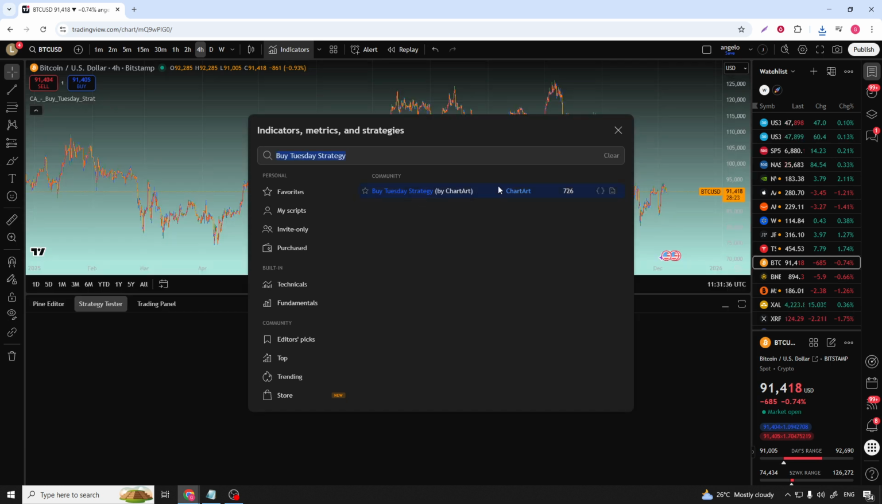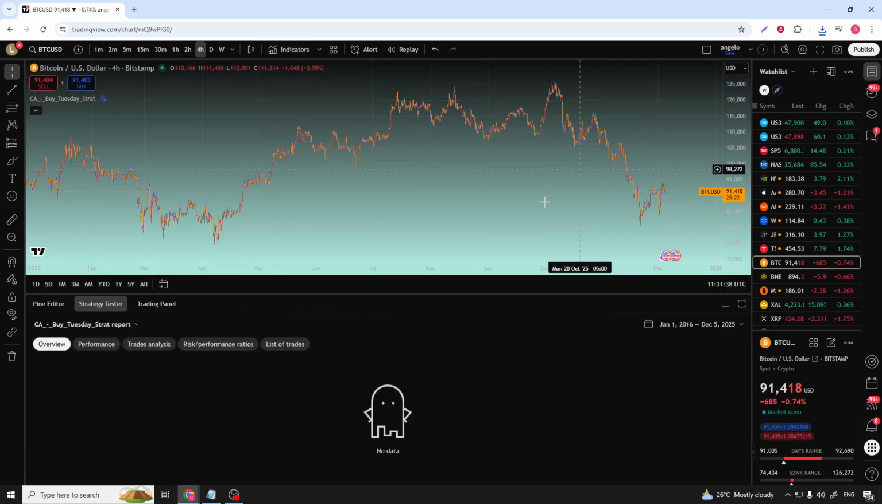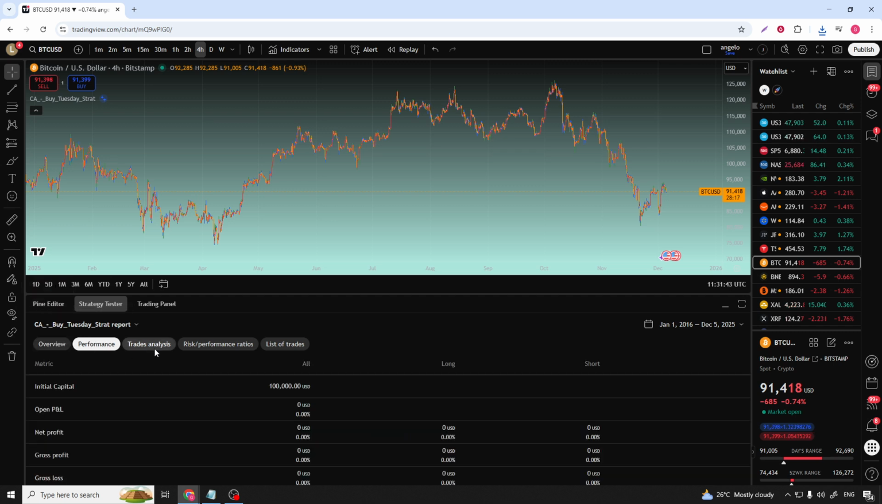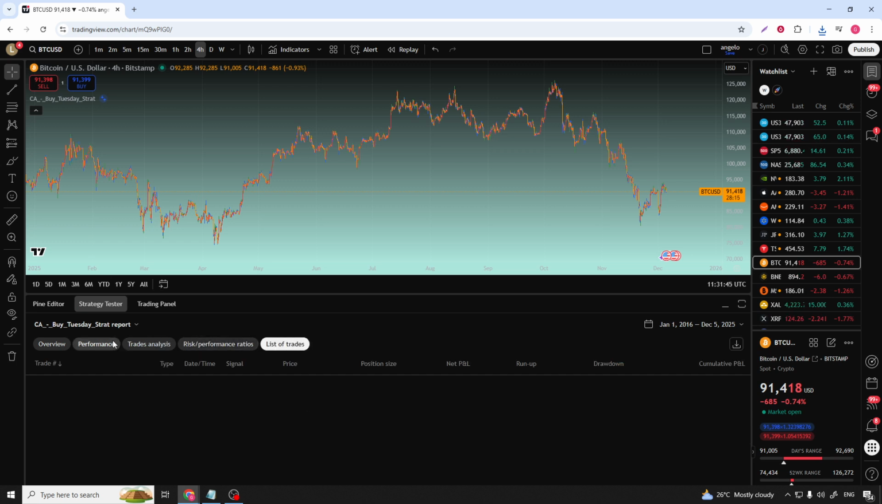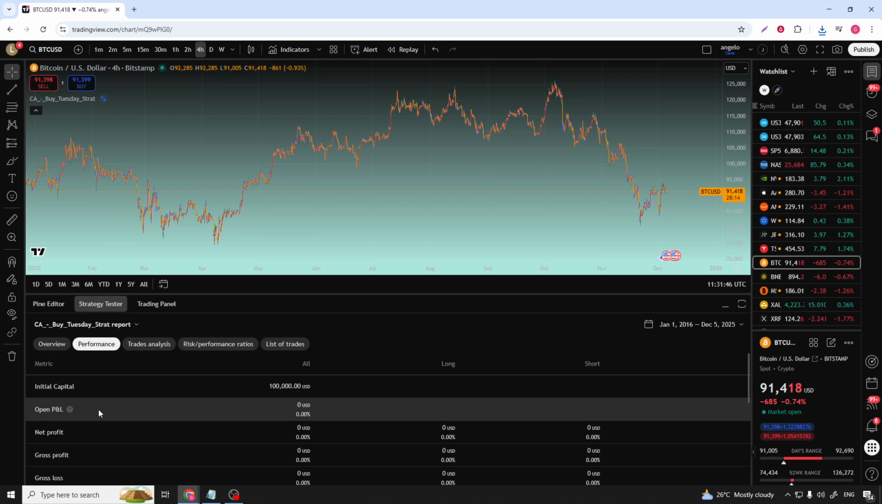You'll notice that your chart updates right away. The Buy Tuesday strategy will start plotting entries, exits, and performance data, depending on how the script is built. This lets you visually backtest how the strategy would have performed on your chosen market and time frame. Take a moment to zoom in and scroll through the chart so you can see how the signals line up